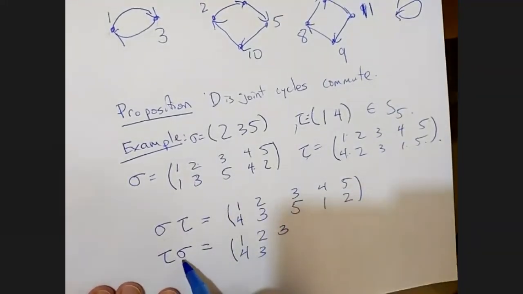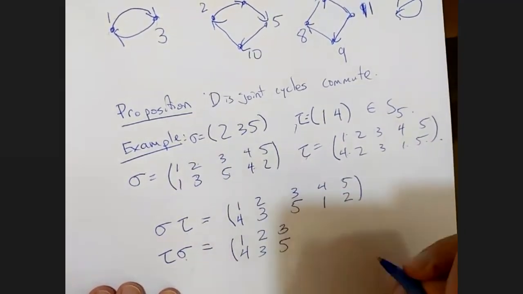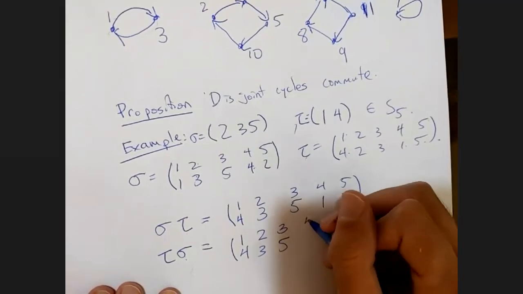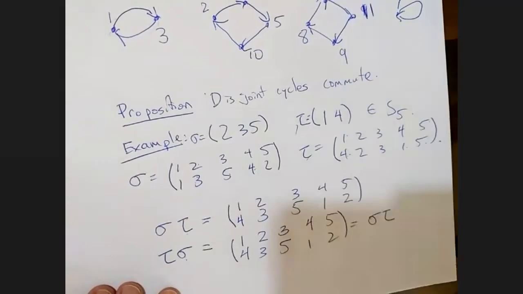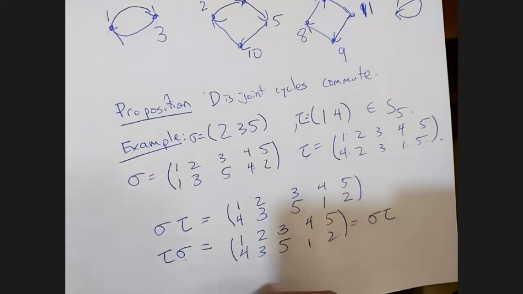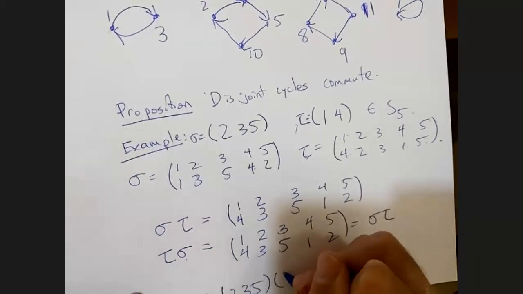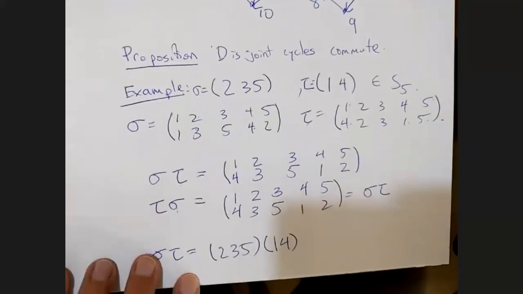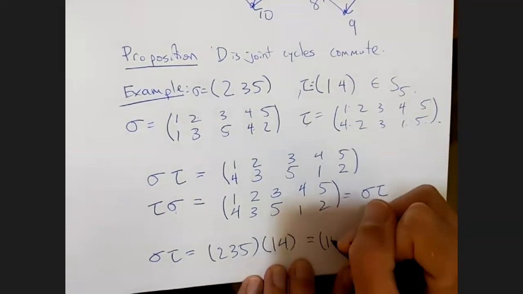So, for example, sigma of 3 is 5, and then tau of 5 is 5. So tau sigma of 3 equals 5. And then the same thing happens. Right? So disjoint cycles commute, because when a symbol appears in one, it doesn't appear in the other. Okay, so in this case, we write sigma tau equals like that. Right? And that's the same as,